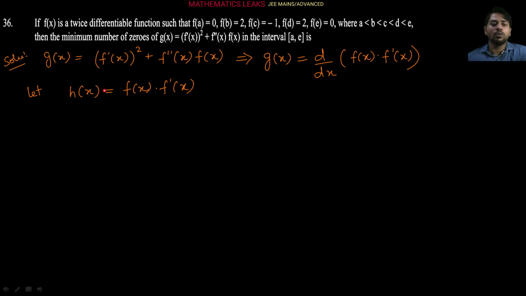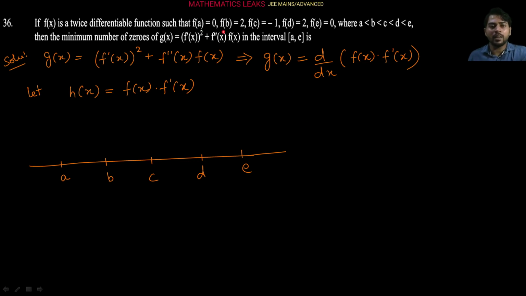Now, one theorem we know is that if f(x) is a continuous function having two roots a and b, then f'(x) must have at least one root in the interval a to b. So from the given data, we can find how many possible roots f(x) has according to the given scenario. Let's make a number line, the x-axis, and mark a, b, c, d, e in increasing order on this line.